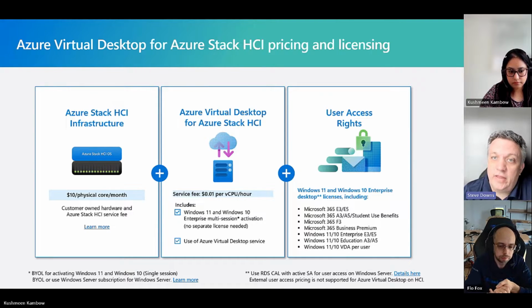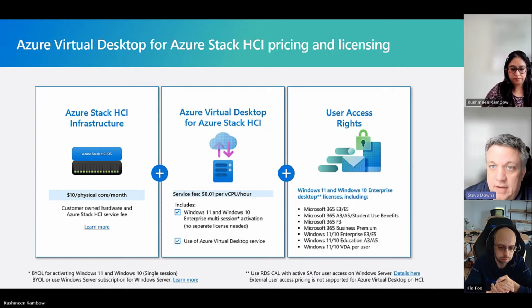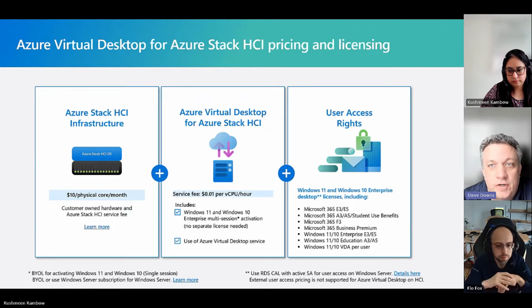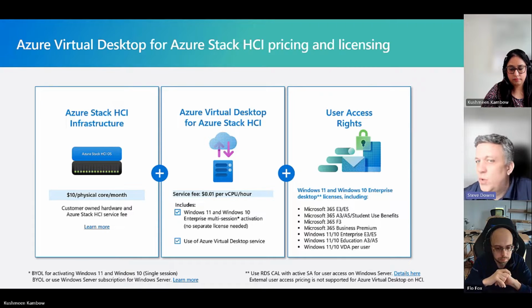So with Azure Virtual Desktop, you do get access to Windows 11 multi-session. And that is a big feature for customers, because traditionally with virtual desktops, you could use Windows Server in a multi-session experience, but that would mean you'd have 20 people logging into one VM and sharing all the resources. So if it's an 8 vCPU machine, there's 20 people sharing the CPU there.